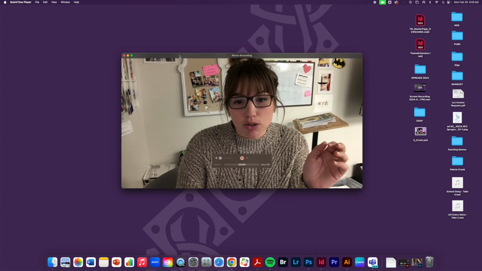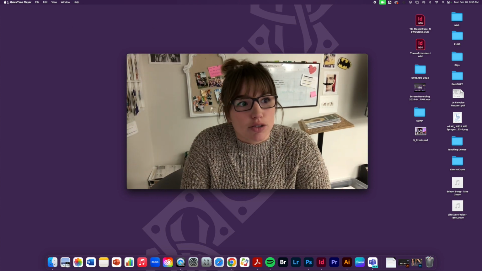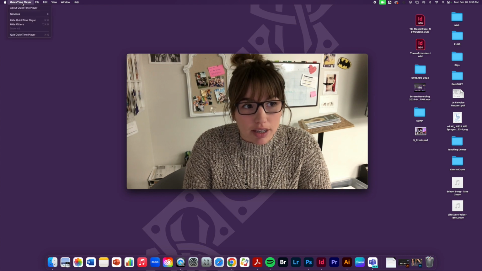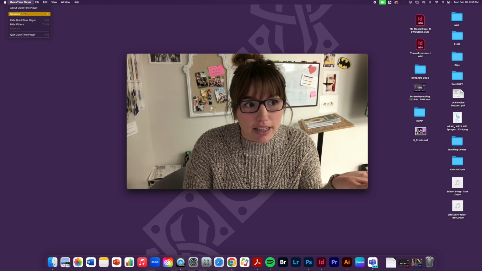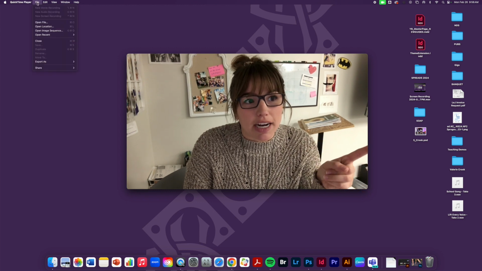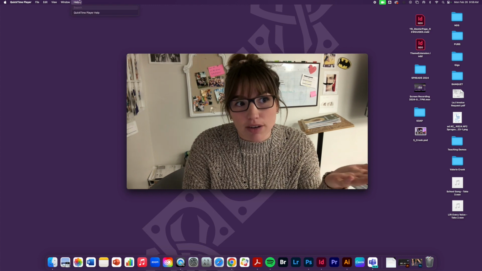So right now I'm recording this movie and this screen recording through QuickTime Player. So you'll notice up here on the top left by the Apple, there is the QuickTime Player. This will open up settings about QuickTime, which is the app that I'm using. There's almost always a file and edit in the top left, but depending on the app you have open, you